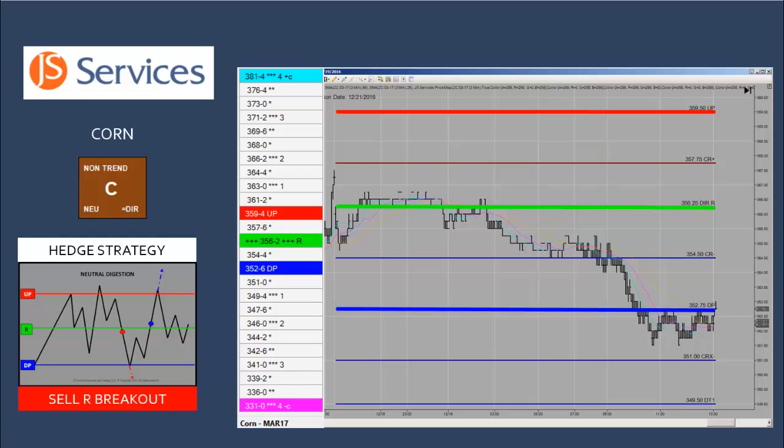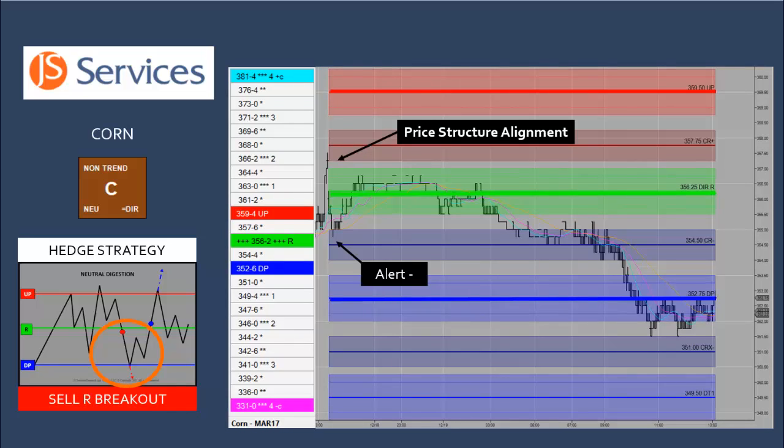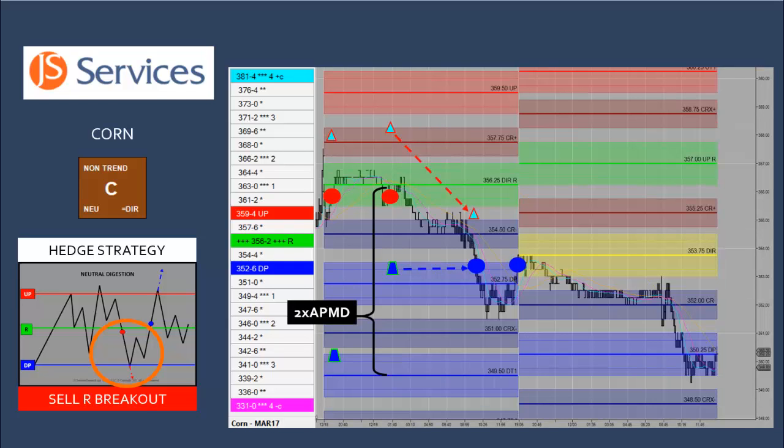On the open, corn generates a negative signal by trading below the alert distance. The market is gapped lower with the previous session price structure high and close above the directional R alert distance. This must be considered as the potential high point for any squeeze and should be used in consideration for stop placement and risk management. In this example, because price structure is indicating that there might be more risk, it is